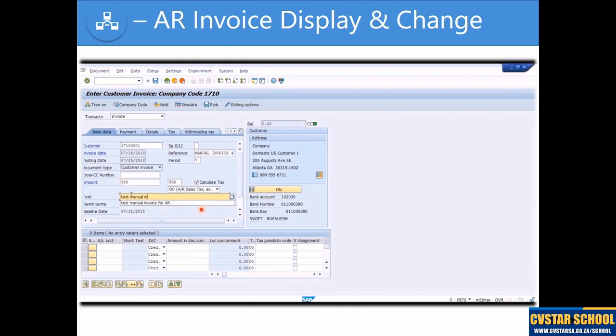So we're just going to carry on and enter the text for this invoice. And now we've got the amount in the top for the header. Let's do line items. So here we enter our revenue P&L account, which is a credit for revenue. Enter the balancing amount, a dummy tax jurisdiction code, and